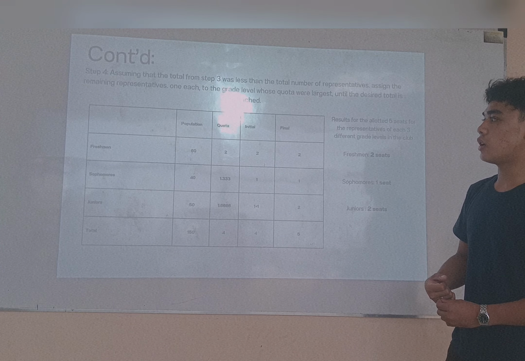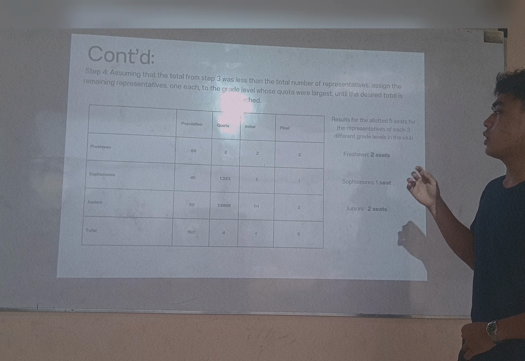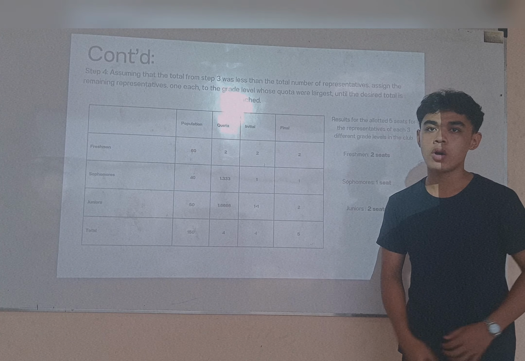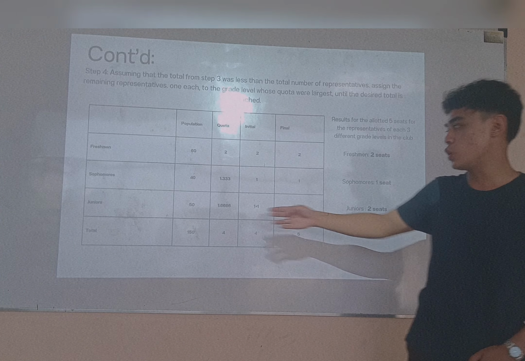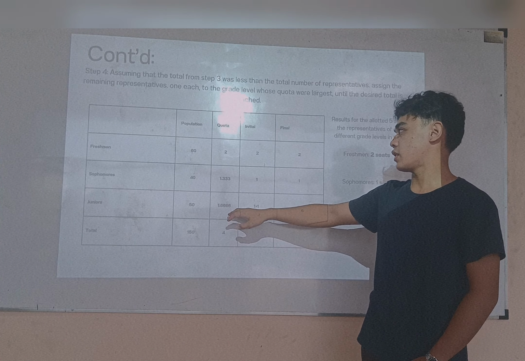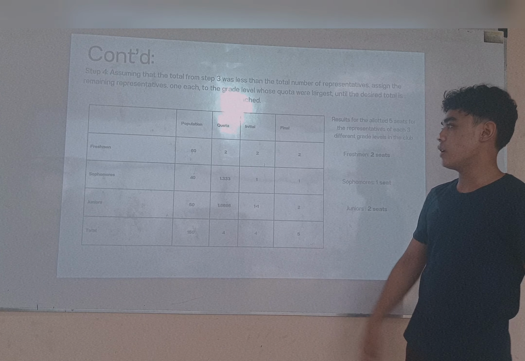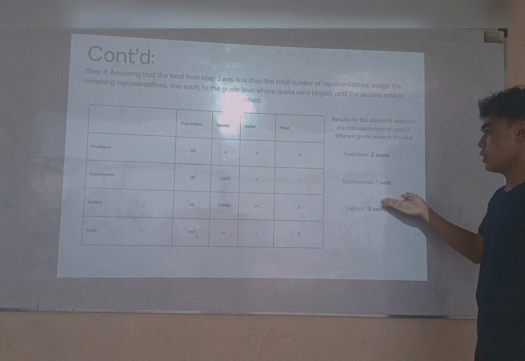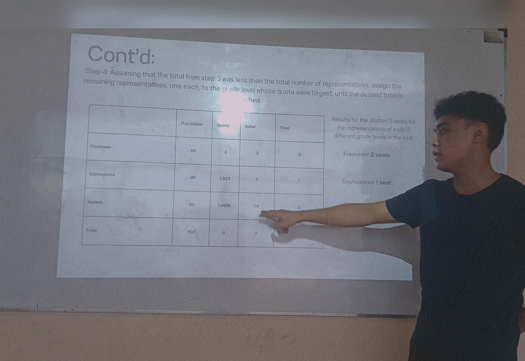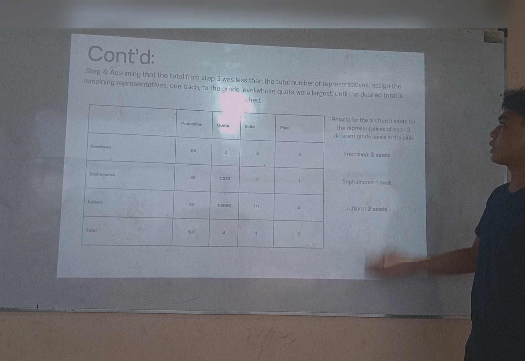In step 4, we need to add the remaining 1 seat to our largest decimal value, which is the juniors, 0.666. So in our final allocated representatives, the freshmen get 2 seats, the sophomores 1 seat, and the juniors, with the plus 1 seat, will have 2 seats. So this is the result for the allotment of 5 seats for the representatives of each of the 3 different grade levels